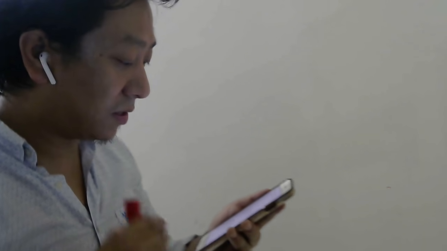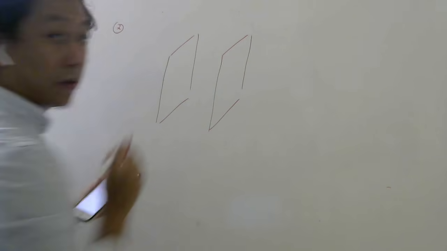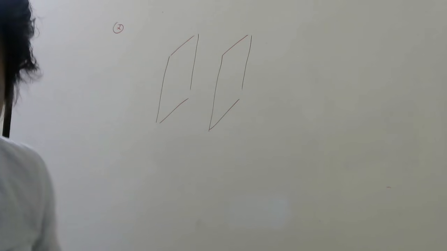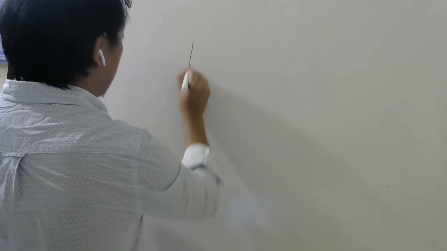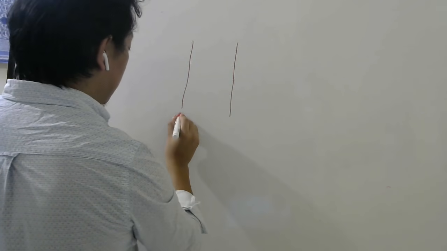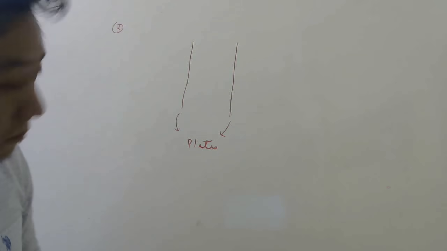On their inner faces, the plates have surface charge densities of opposite sign and of magnitude 17 into 10 power minus 22. So what they are saying in question number 2 is there are two large plates like this. To show this is very difficult, so in the exam you can always show the plates simply by drawing two lines. So imagine this is one plate, this is one plate, but please remember these are plates. Large parallel plates they told.